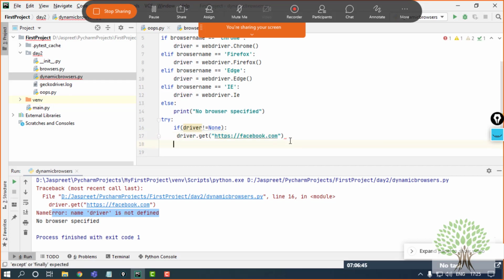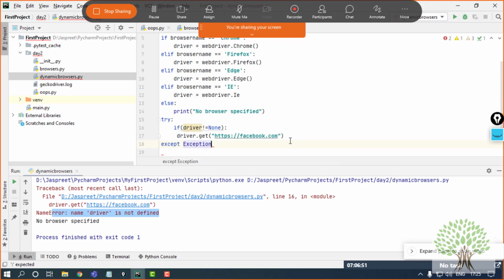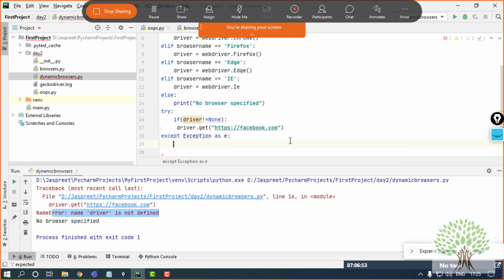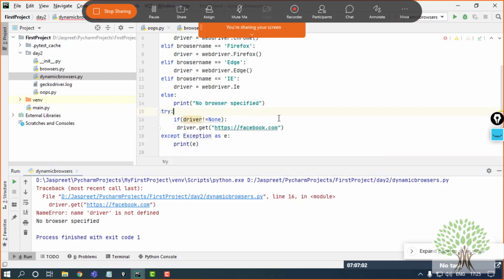Otherwise directly go to my except block and catch the error that comes up as e and print the stack trace error. The stack trace error will be this one which is coming up over here in my console.